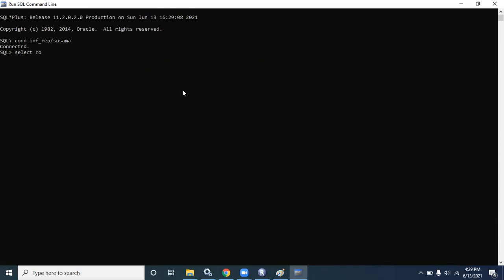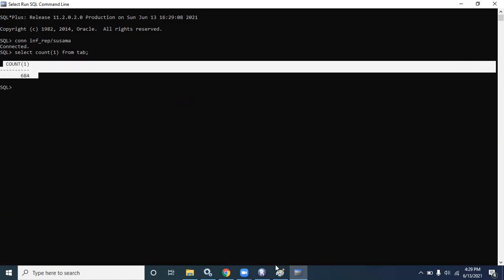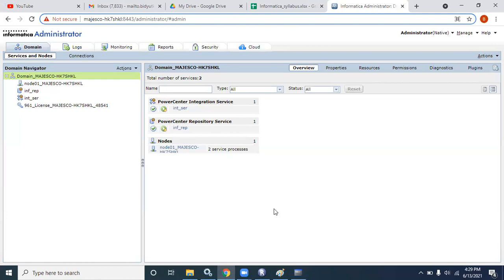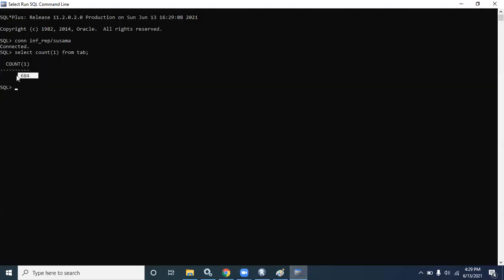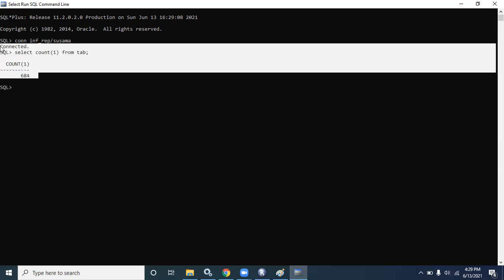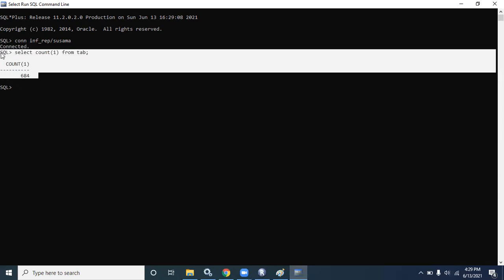See, when I'm creating the repository service or installing Informatica, this user has 684 tables. Using these 684 tables, the Informatica programs are handled from the server. All programs are maintained in these 684 tables. I'll tell you each and everything again and show you at the end of the ETL development class, because we have some admin sessions later.